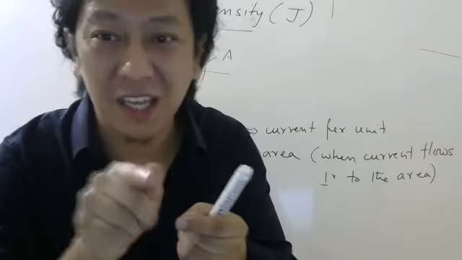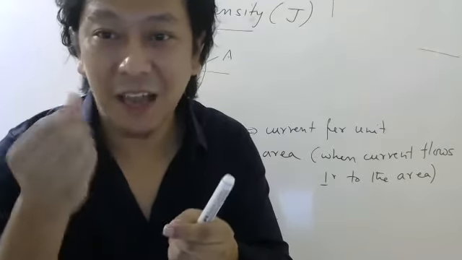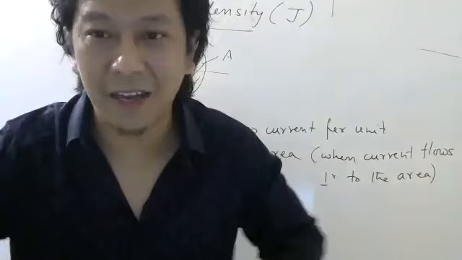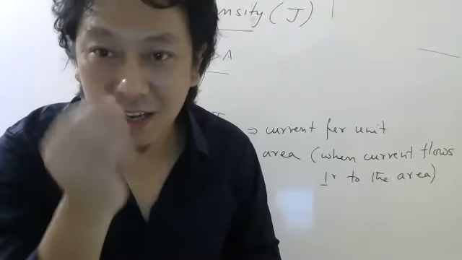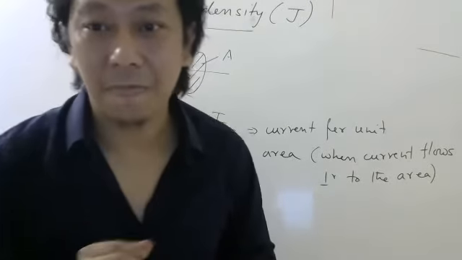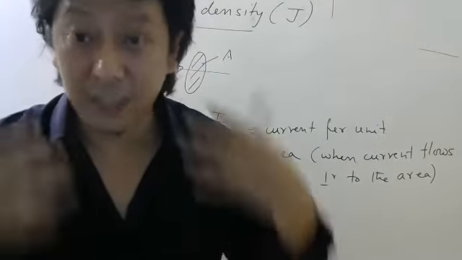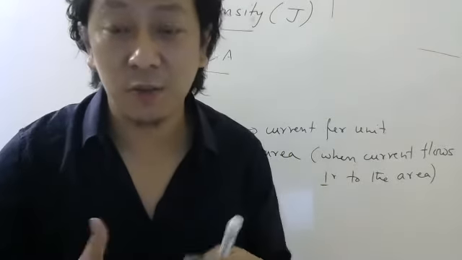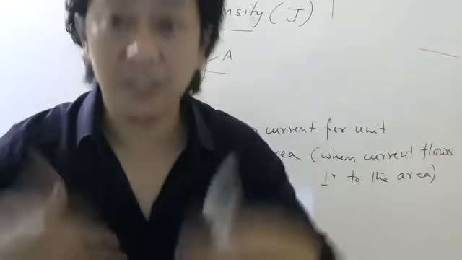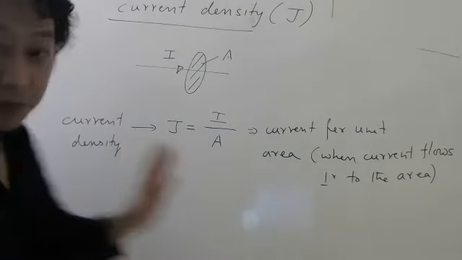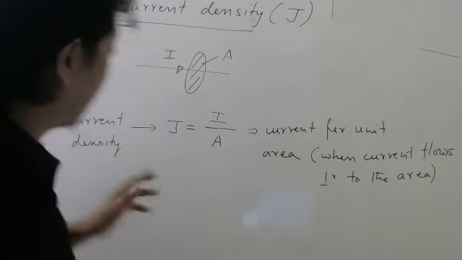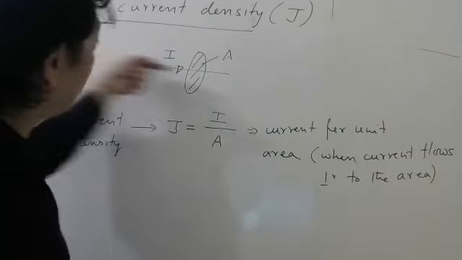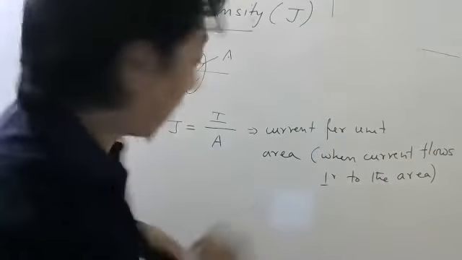Current is flow of something. Charge is carried by electrons. Electrons are all over your body, inside the atoms of your body. So electrons are real, tangible, you can touch them. But electric field lines are conceptual. They are mathematical objects which we created for our understanding. But the definition is similar. You are correct, Manasvi. Okay. So what is current density? Current per unit area, when the current flows perpendicular to the area.